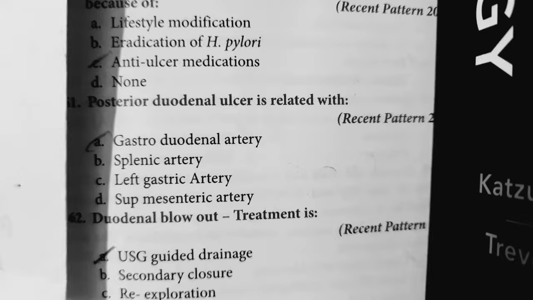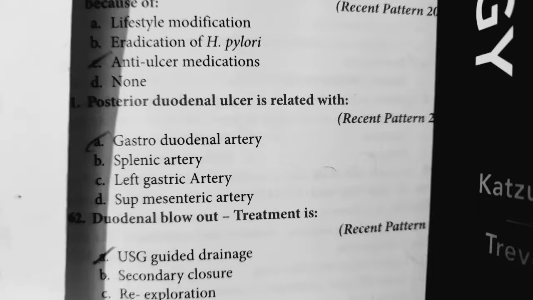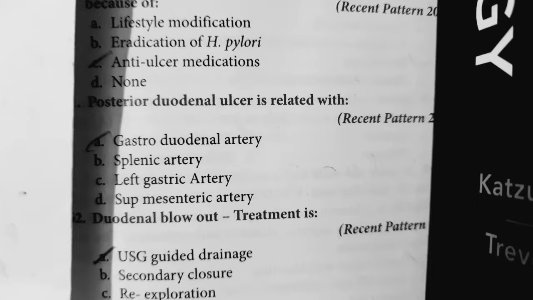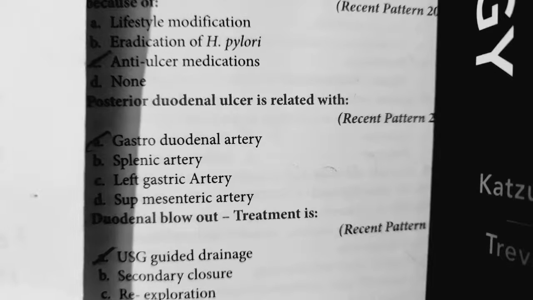Leaking of contents from this duodenum is called duodenal blowout. The contents can be either bile juice or pancreatic juice most commonly. This most commonly occurs around 4 to 5 days post-operatively. If this occurs, you will have to drain the fluid with the help of USG. USG guided drainage is indicated for